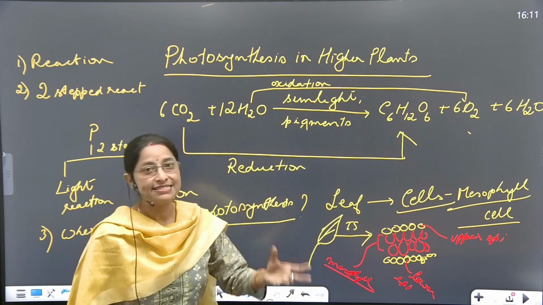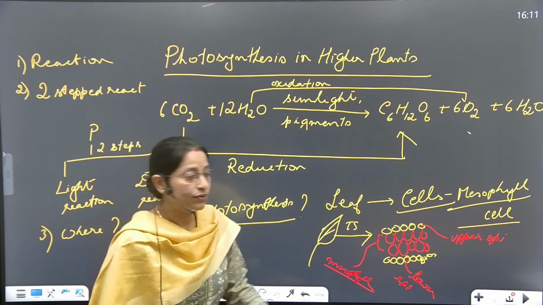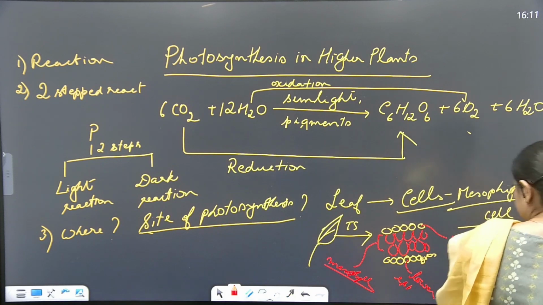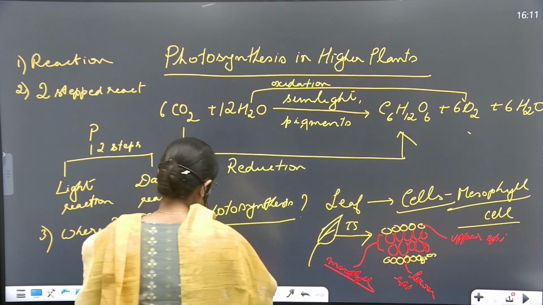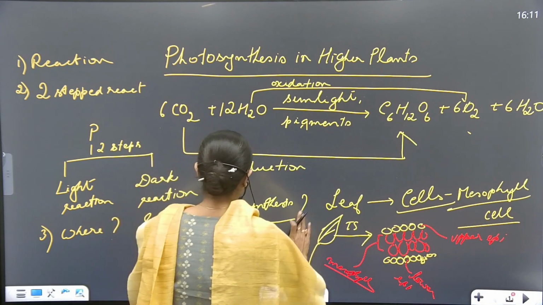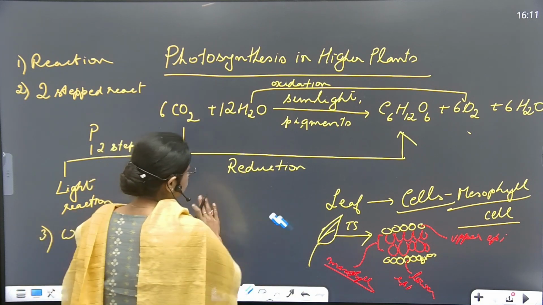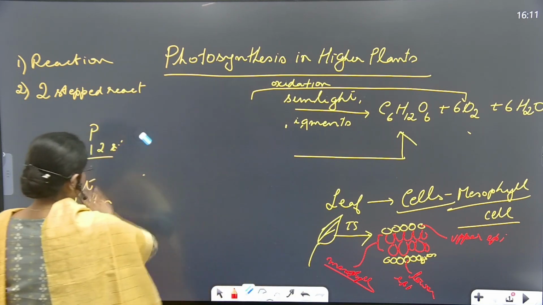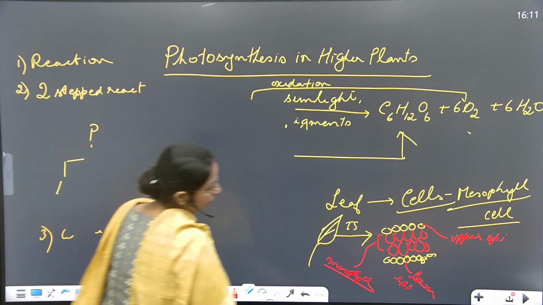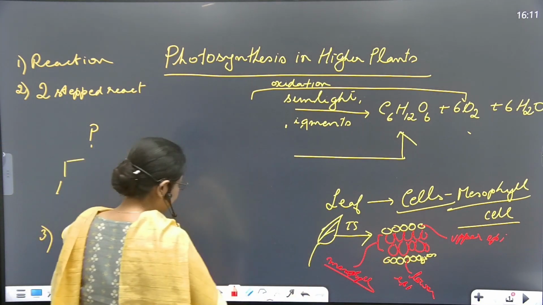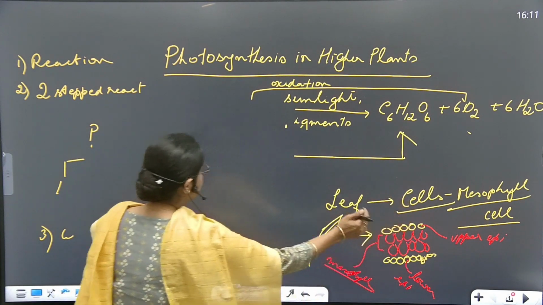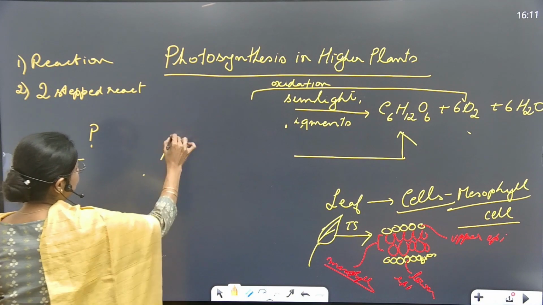Obviously it's not as simple as we are learning it now. Details we will do in anatomy, right? Again, the more we go, we have to be precise. So we are using a word called mesophyll cell, and when we talk about a plant cell,